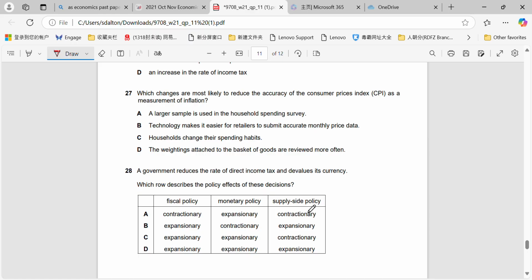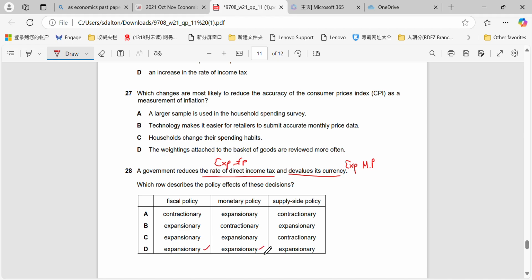Okay, question 28. A government reduces the rate of direct tax, so that is expansionary fiscal. Expansionary fiscal policy, and they devalue their currency, so price of exports go down, total exports go up, price of imports go up, and total imports go down. That would be an expansionary monetary policy. So fiscal expansionary,